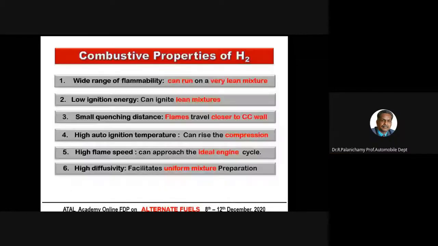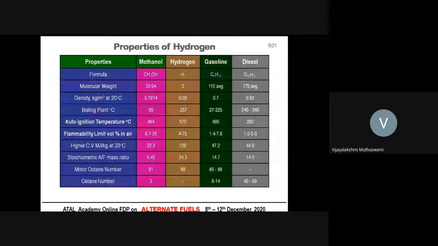Okay, no problem. Actually, you will have some confusion because sometimes I used mass, sometimes I used volume. That's why you will have confusion. 4 kilograms requires almost 4 moles of